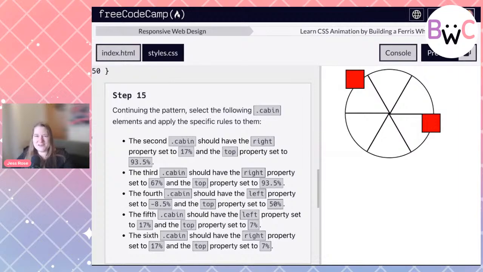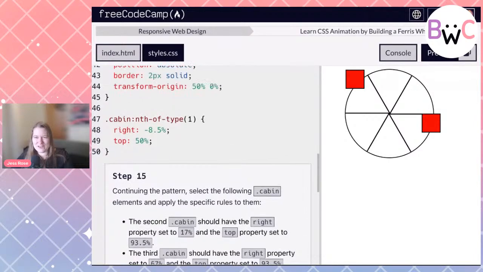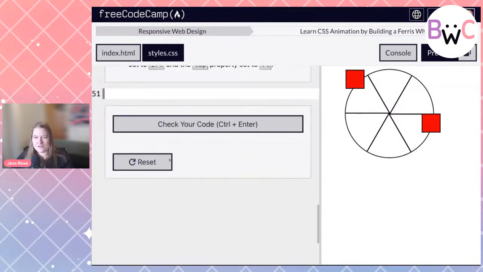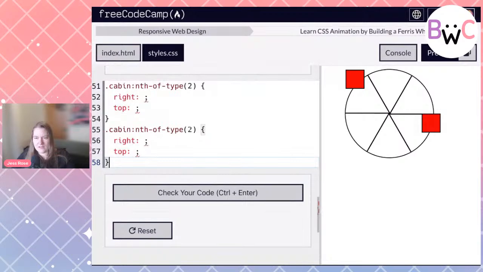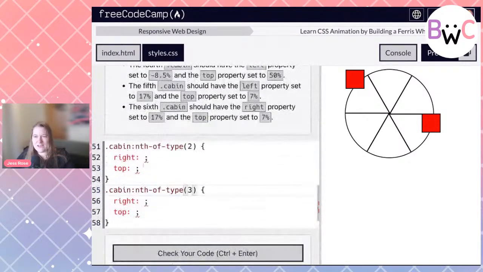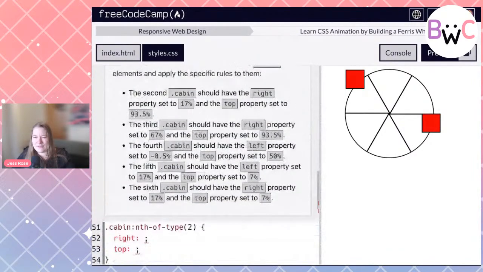Okay, so we're going to continue our pattern. We're going to copy and paste this because we like to be gentle to ourselves. What we're going to do, so there's 6 of these in total. So I'm going to set a top and a right for each of these. So I'm going to delete these. And I'm going to copy this. Type 3. Let's grab this. The second cabin,